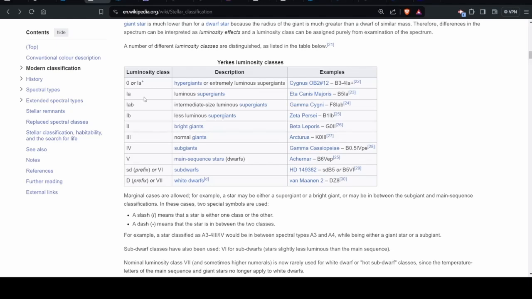Then class 1A supergiants, 1AB intermediate sized luminous supergiant. So it's just a classification, and 5 is way down here at the main sequence stars or dwarfs. So the sun is actually considered to be a dwarf star. Okay, so